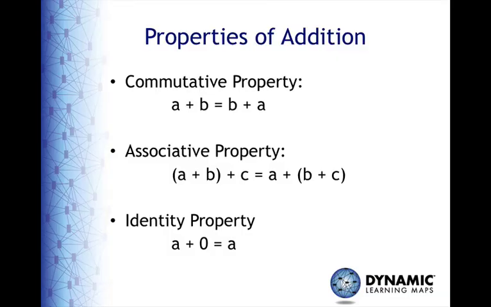The final section of this module, on calculating accurately with addition, is on the properties of addition. Specifically, the commutative property, which is when you add 2 numbers in any order, you still get the same answer. The associative property, when you add 3 numbers, you can group them in any order and still get the same answer. And the identity property, when you add 0 to any number, you get the same number you started with. Again, this is not about sheer memorization of the definitions, but being able to describe what they are doing.